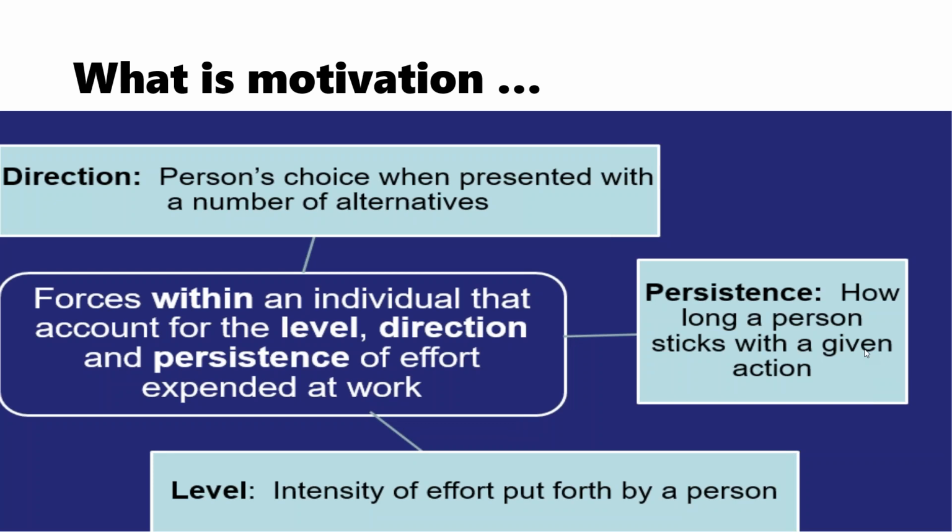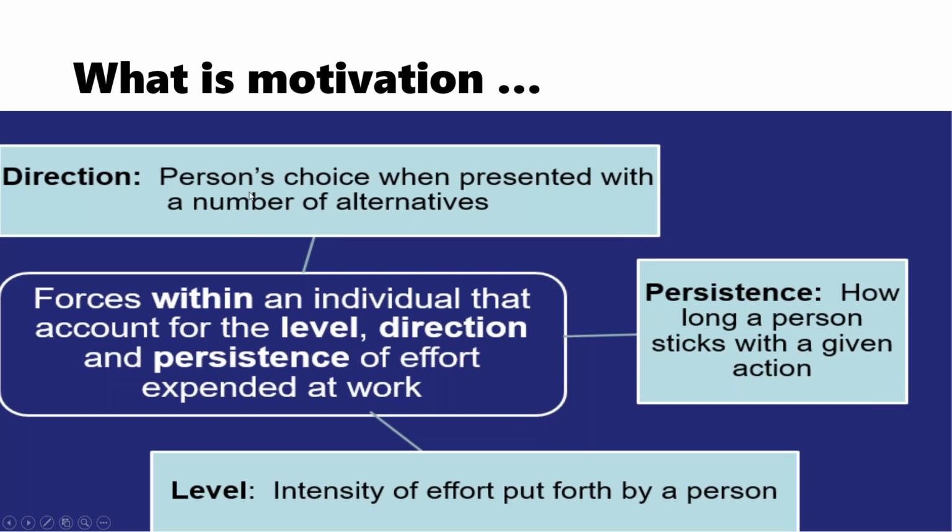And you'll also notice in that definition there are 3 dimensions that I want to touch on. One is level, one is direction, and one is persistence. So I'd like to look at those 3 in more detail, because when we make generalizations about people and say that person over there is motivated, this person over here is not motivated, what are we actually really saying? I think sometimes we generalize too much about that. So let's look at the first